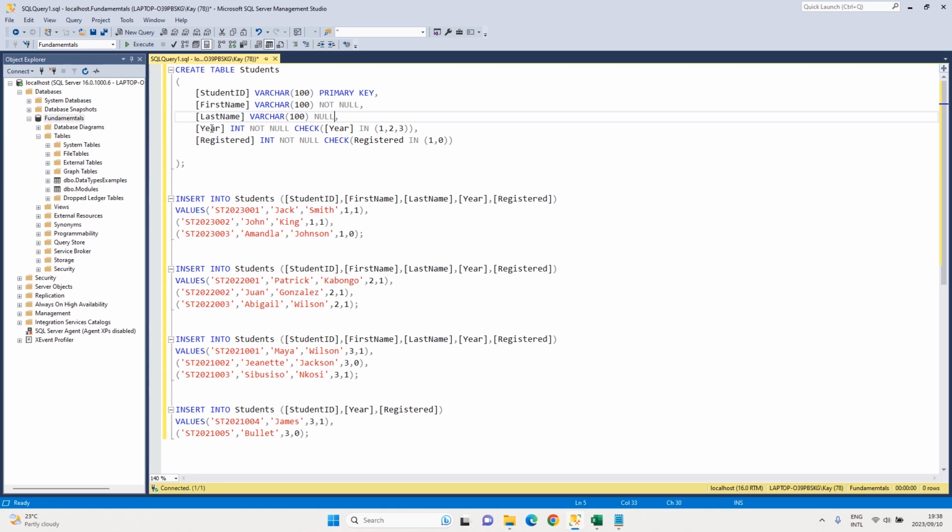And now we're going to our year column, which is a data type of int. It is not null, and it has a check which checks if year is in any of these values. So what the in actually means is if the year is equal to 1, or the year is equal to 2, or the year is equal to 3. So what you could do is substitute this with code like this, and you say or